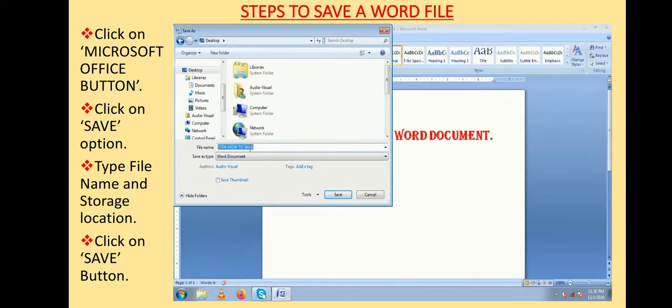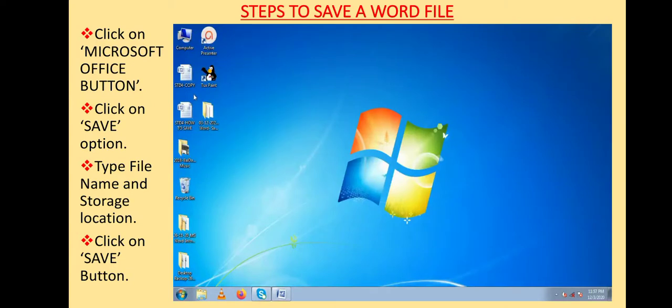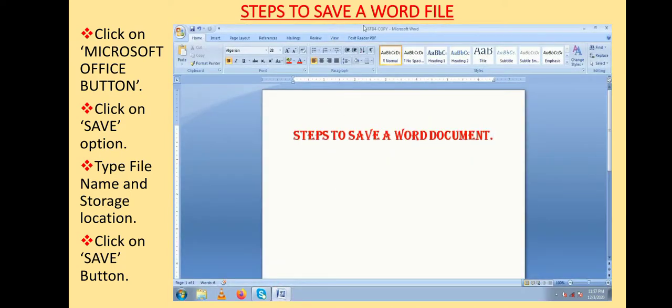Now the name of the file you can change from this space of file name. Like now I am giving the name Standard 4 copy, and choosing the same location and saving the file. Now if you once again go to desktop, you can see both the Word files on the desktop. So in this way you can use the options Save and Save As to save your file.